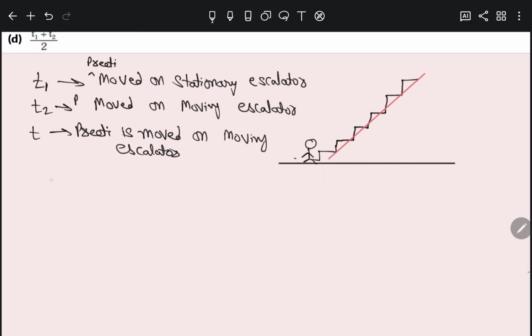So we have to find the time, and time is equal to distance